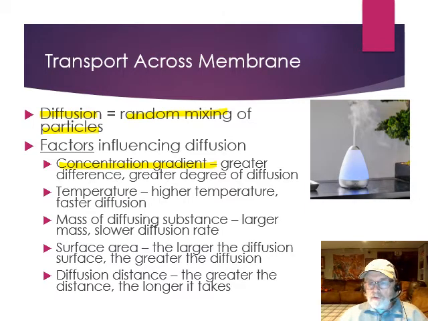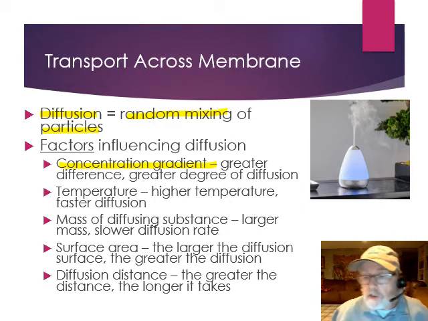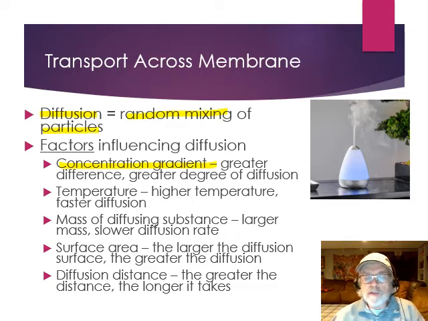The greater the difference in the concentration from one side of the membrane to the other, the greater the degree of diffusion, okay? The idea is we all want to get to a point of what's called equilibrium, where it's balanced, like we talked about in our first discussion so long ago. Everything wants to be balanced. Homeostasis is a balance, and this concentration, if I have a large concentration of something on one side of a wall and a lower concentration on the other side of the wall, and that stuff could get through the wall one way or the other, by a pore, by a transporter protein, by whatever the case may be,